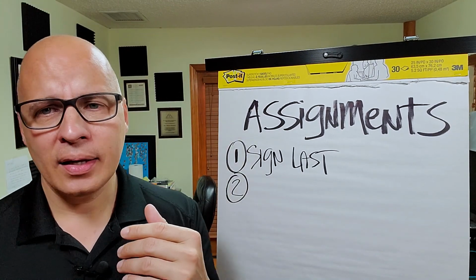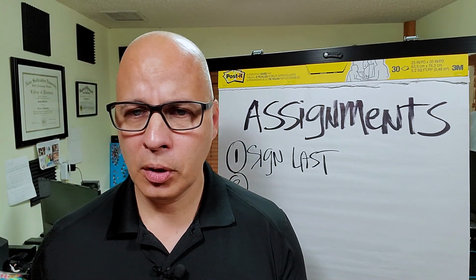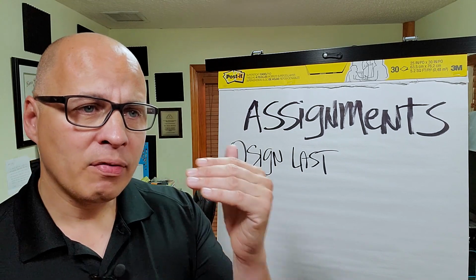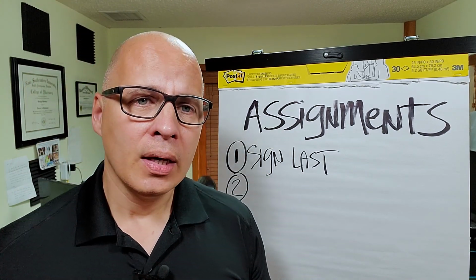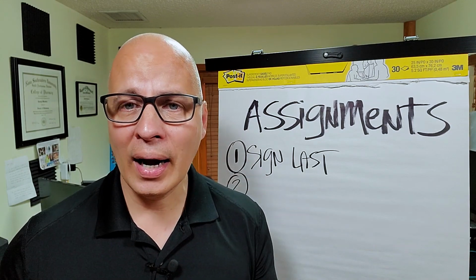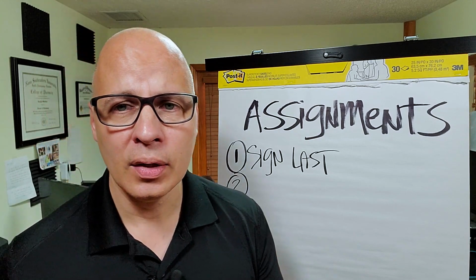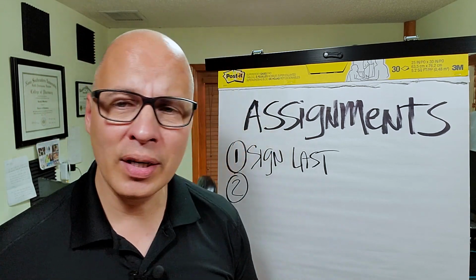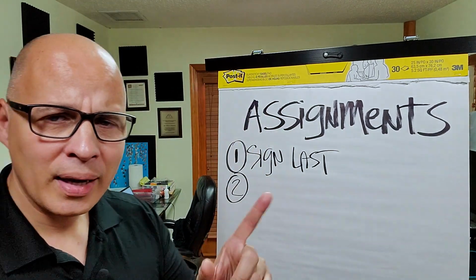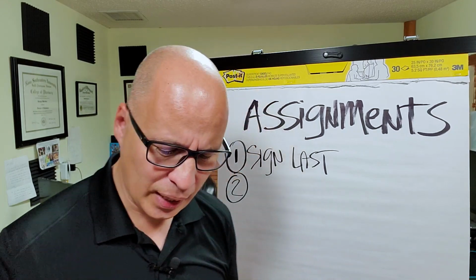If I've got a $300,000 property and I'm making 30 grand, relative to the purchase price of the property, that's not that big of an assignment fee. Also, if I'm making 30 grand on an assignment fee and I were to double close on that transaction, because the sales price is so high, it would eat up a lot of the closing costs and a lot of the profit on that deal. So those are things you have to take into consideration. However, I'm not going to discuss that in this video. I will, however, make a note to make another video on whether you should assign or double close. Keep an eye on that.